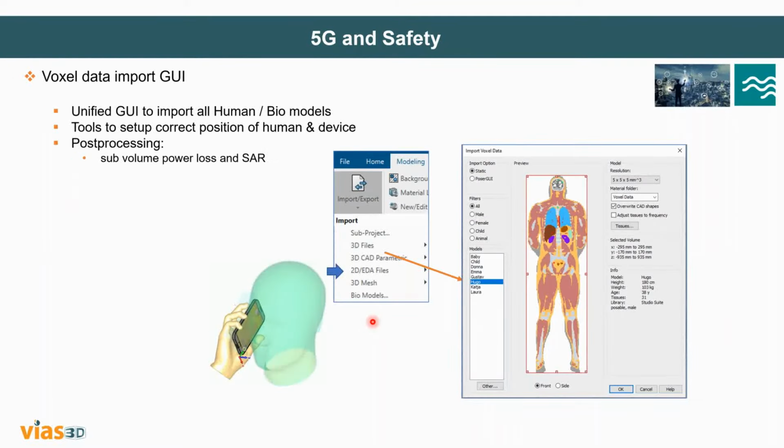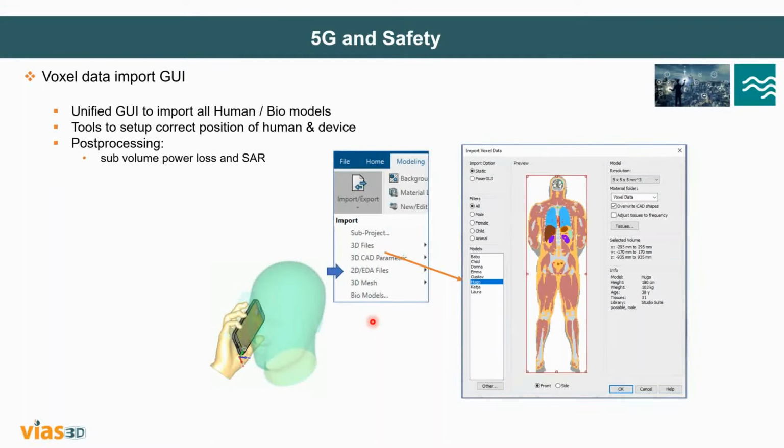So more on 5G and safety. Ensuring human safety remains one of the most critical parts of antenna design, but especially so for 5G design. This year we have unified the voxel data import GUI, and we continue to increase the variety of available human bodies to be used